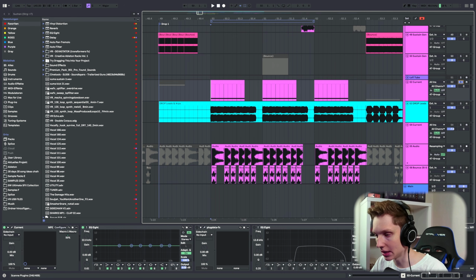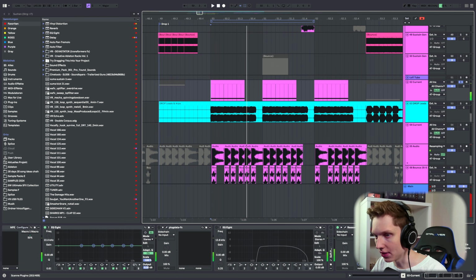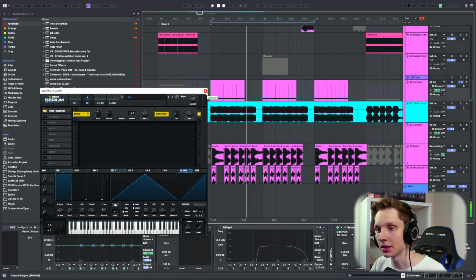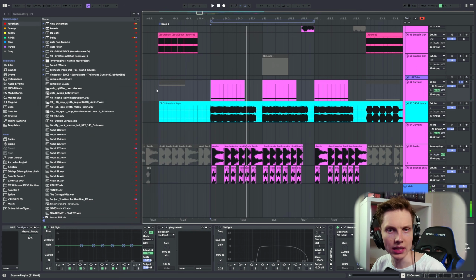Another example is the sustain. And this is all the way up, as you can see here. This perfectly helps me getting my desired result,